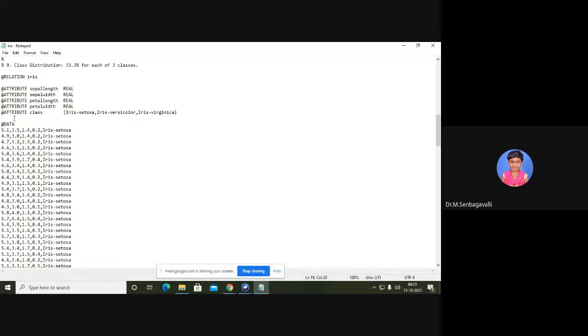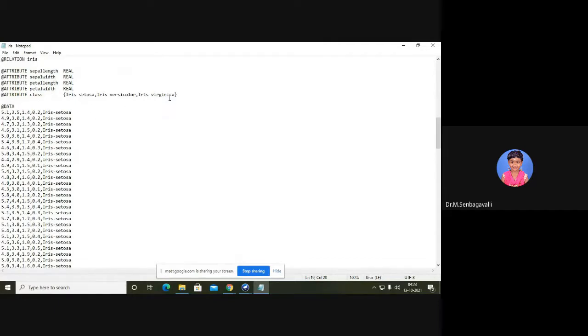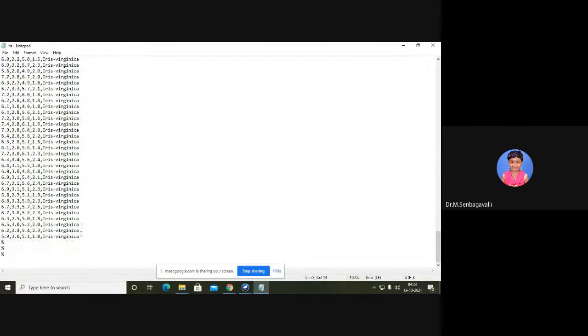Once you have included all the attributes, we have to include the data for the specific attributes and then the related classes. You can use only 3 classes. So in the data, you see, first they've included sepal length, width, petal length, width, and then they're specifying the class representation. Like that, they've added 150 instances.